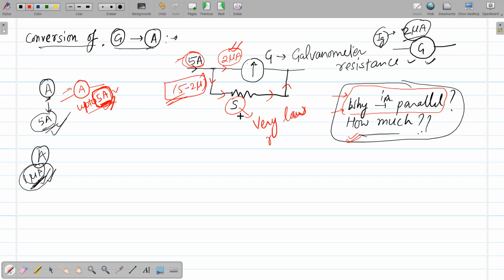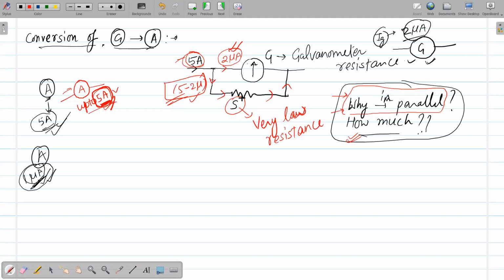Okay, so this resistance is very, very low. Now just think why low resistance is required: because we want to pass a very large current through it. That is only possible if you recall the concept of short circuit. In short circuit, what do we do? We connect a zero resistance wire like this in parallel, and then the whole current will pass through it; the current will not get divided.